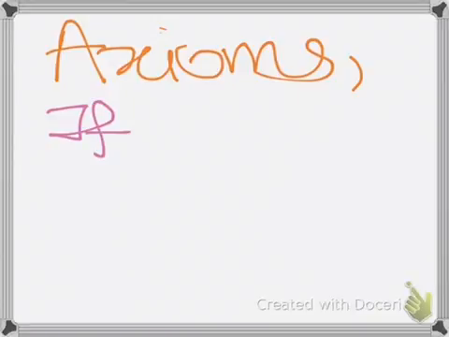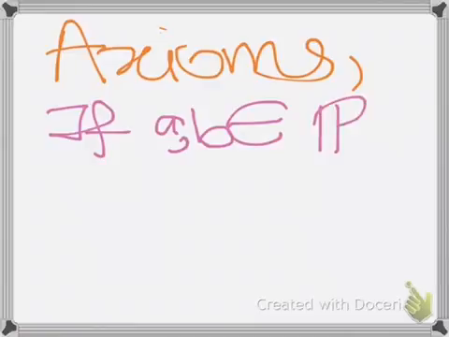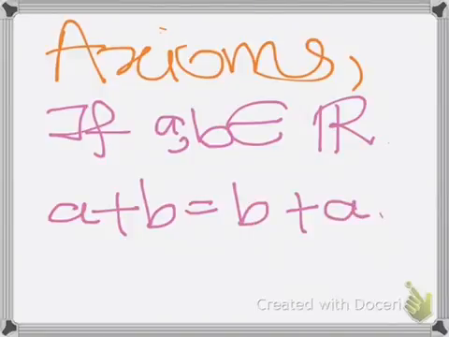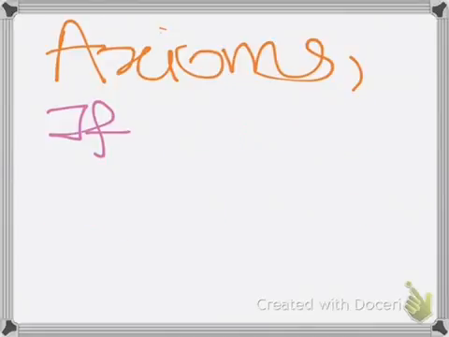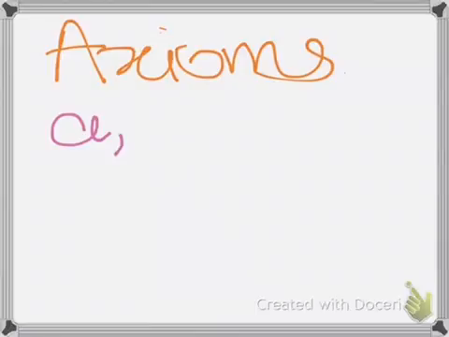If A and B belong to the set of real numbers, then A plus B is equal to B plus A. So this is the second axiom of algebra. Axioms, for those who don't know, are a set of assumptions so that we can actually prove something substantial. So we assume that these particular points are true, and then on the basis of this we prove the further